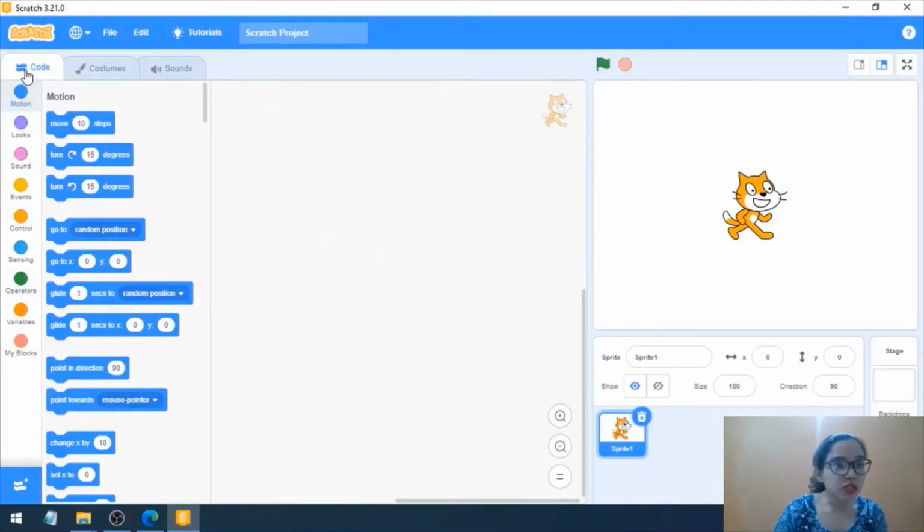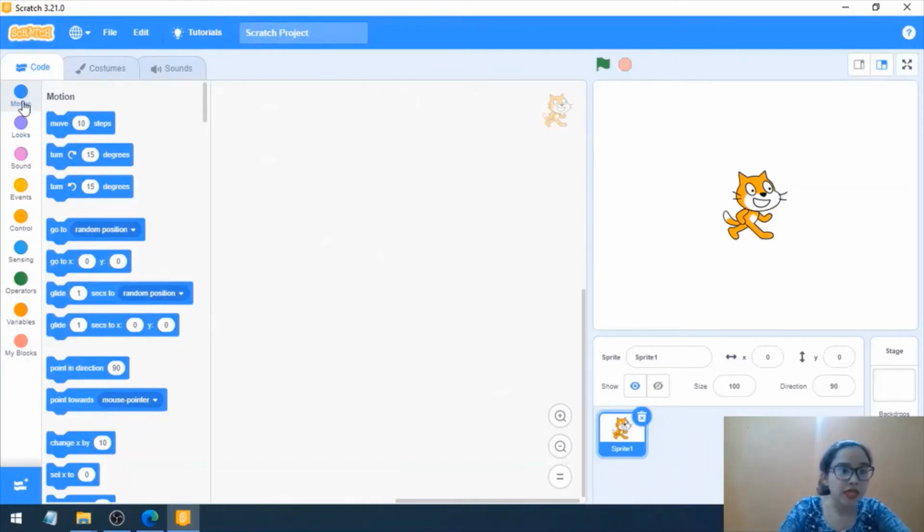As I told you, this is the coding part, the code part. Basically this is the block palette. We call it block palette. Now what does this block palette mean? Block palette is basically having, as you can see, motion, looks, sound, events, control, sensing, operators, variables and my blocks. So here you have got all the blocks, and they are categorized as per the colors.